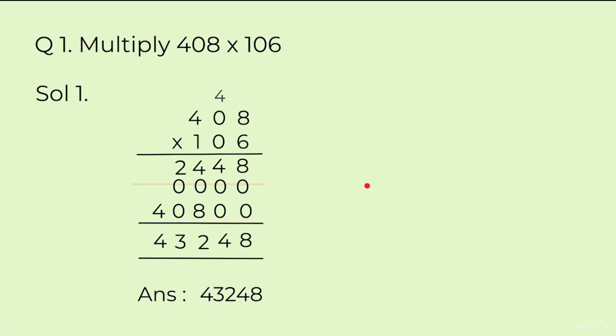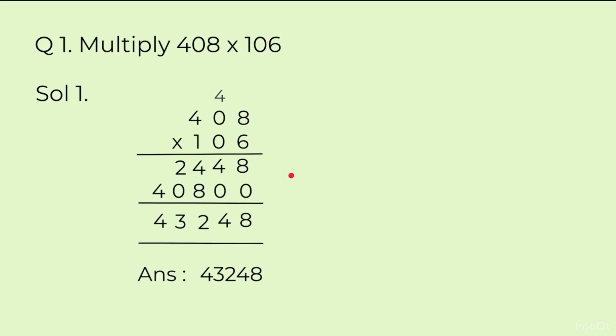So there is actually no need to write this line. You can directly write this line. Only thing you have to keep in mind is that you have to put 2 zeros here. Now look, this is how your question can look if you omit the 0 line. Both ways are correct, but it is better that you remove the extra line. It is not required. Only thing to keep in mind is that you have to put 2 zeros before you start multiplying the third number.